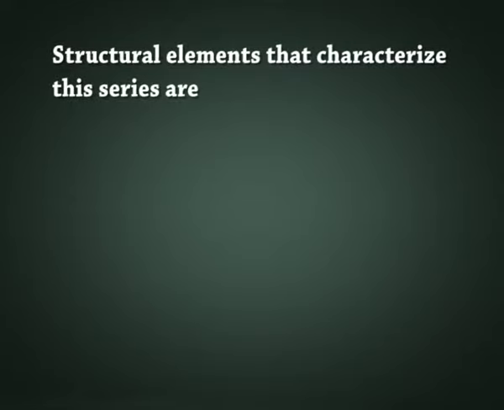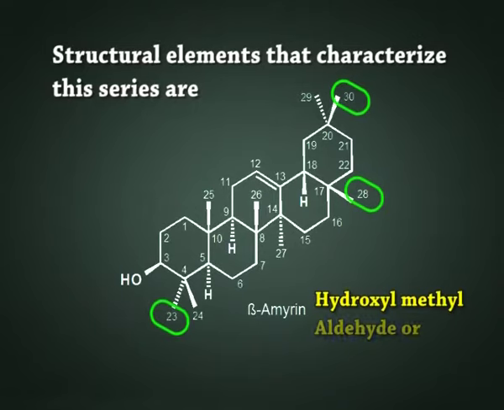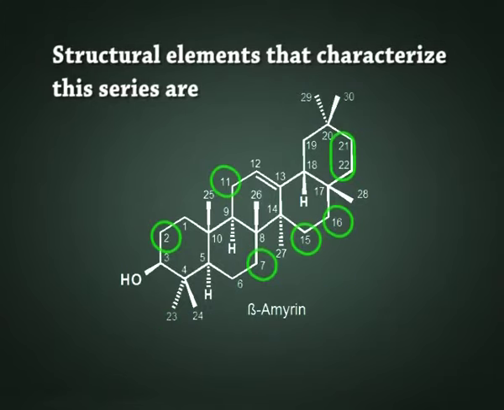Now let's look at the structural elements that characterize this series of triterpenoidal saponin glycosides. There has to be a common occurrence of a double bond between the C12 and C13 carbon atoms. An oxidation is also seen at the C23, C28 and C30 methyl groups, forming a hydroxymethyl group, aldehyde or carboxyl moiety. The oxidation at 2, 7, 11, 15, 16, 21 and 22 hydroxyl groups, especially at C11, forms